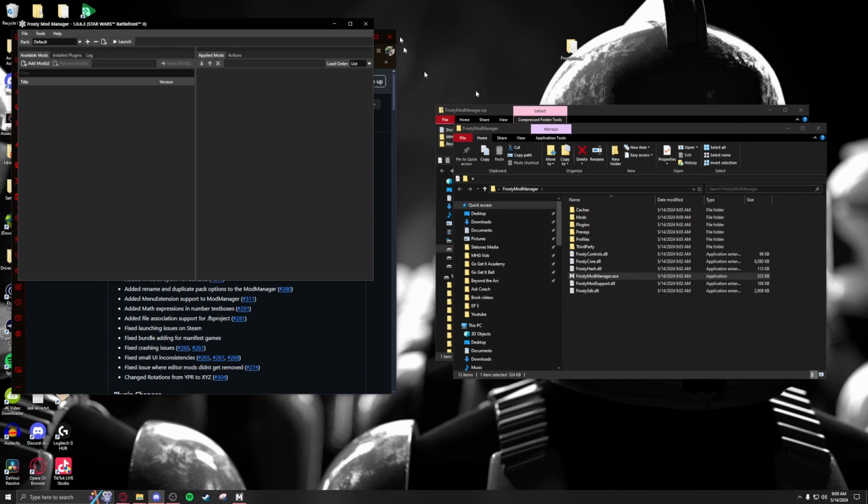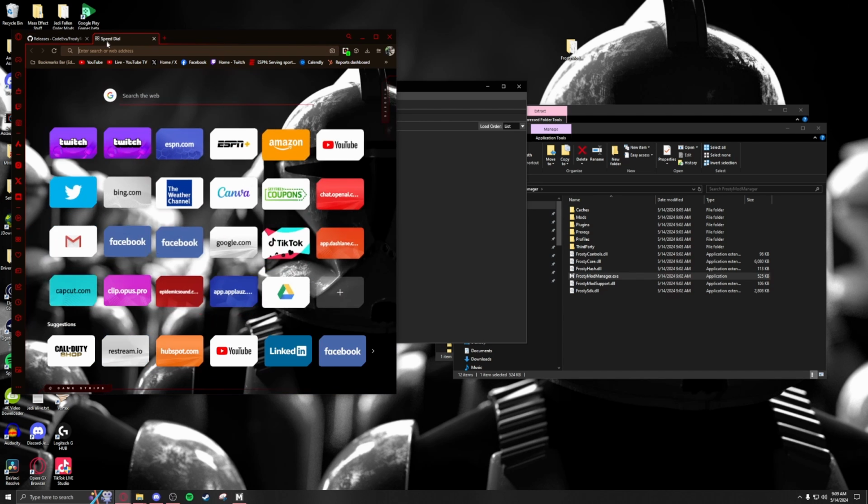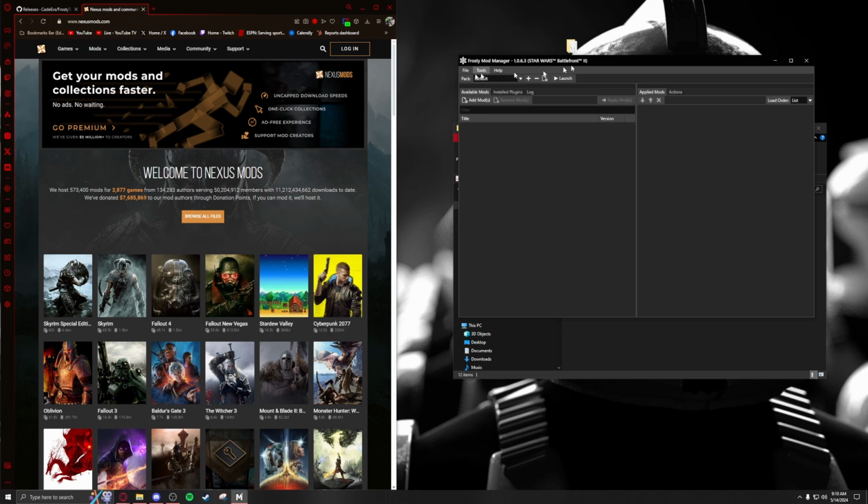All right, it finally loaded up. So this is what it will look like when your Frosty Mod Manager is ready for mods. Now the next step is going to be going over to Nexus Mods and looking at what mods you want to use. Okay, so I got this pulled up, Nexus Mods, nexusmods.com, and you can just go in and search